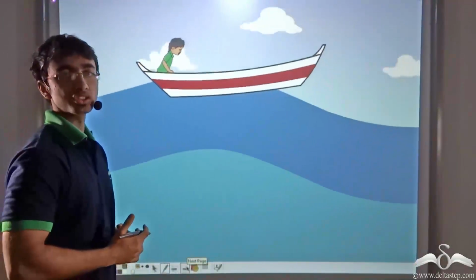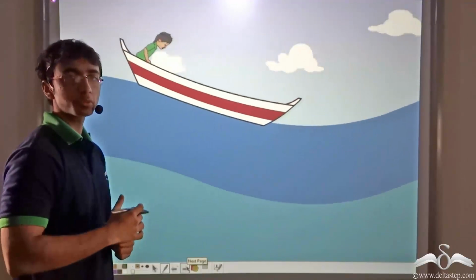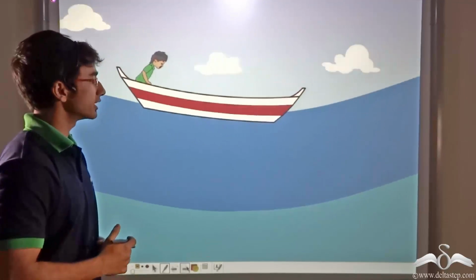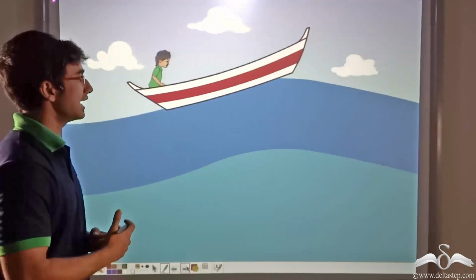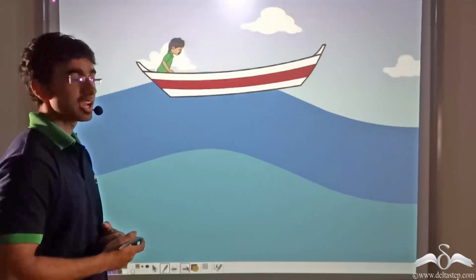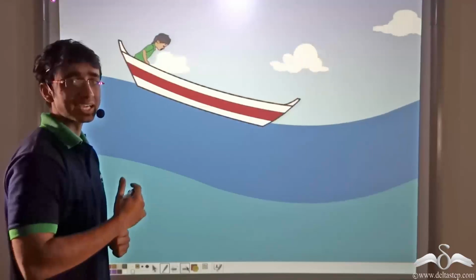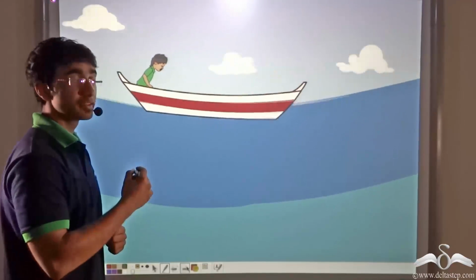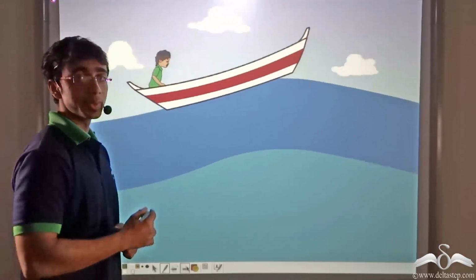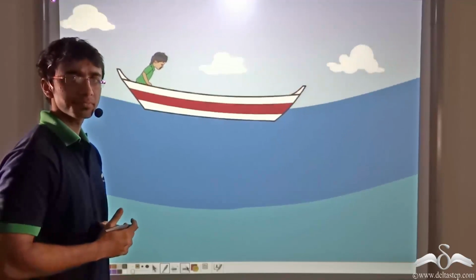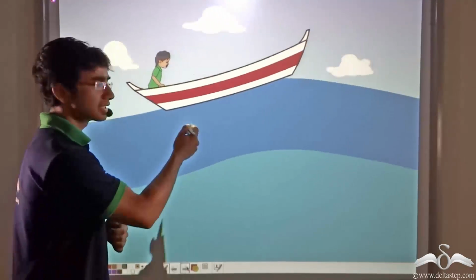Now look at this animation closely. Here you will find that a man in his boat is being rocked by the waves in the sea. Now you will notice that the length of these waves, or the wavelength, is quite large, and as a result lesser number of waves are hitting the boat, due to which the boat is rocking up and down very gently. This is because the frequency of the waves is less, or in other words, the number of waves hitting the boat is less. So what can we say? We can say when the wavelength is more, the frequency is less.